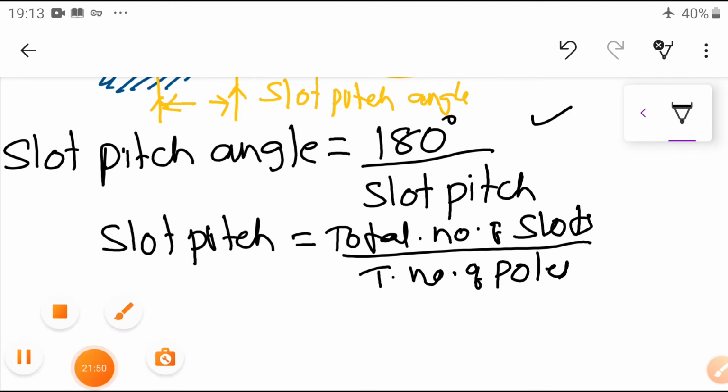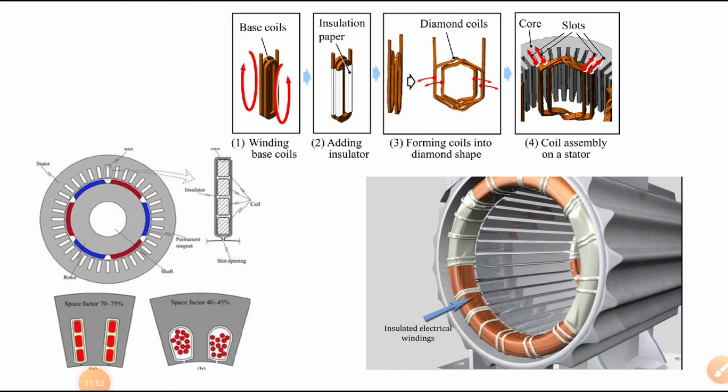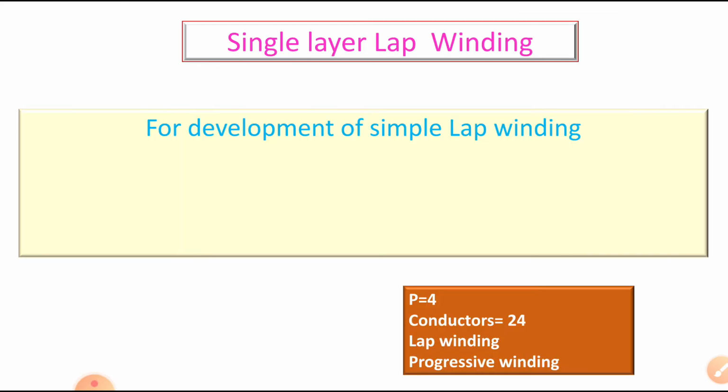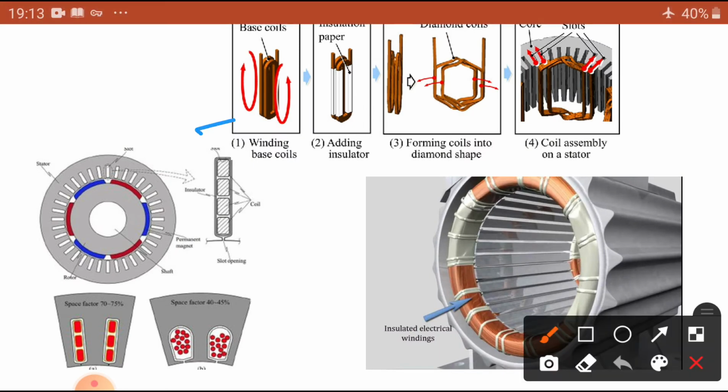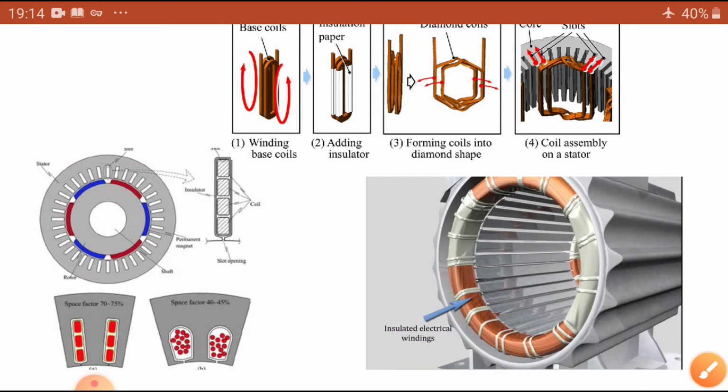Okay, so let us see the pitch angle. Then we are going to use different copper conductors. Generally, you can see this is one type of copper conductor, this is another type, the diamond shape. Whether it's rectangular or round shape, they are inserted in slots, you can see here. Okay, these are some basic points. Let us take a good example.